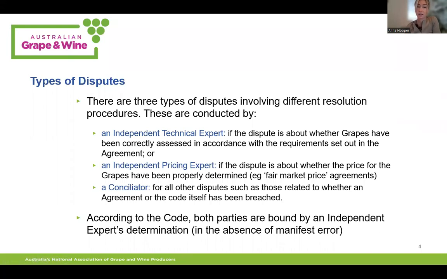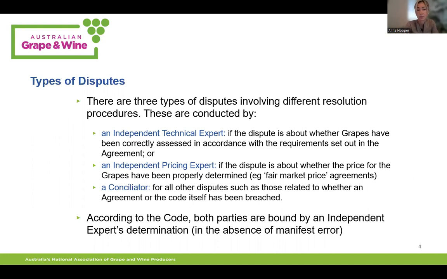So under the amended Code, there are now 3 types of disputes that have been categorised, and the Secretariat will help to direct the dispute down one of these 3 pathways based on information provided to the Secretariat by the complainant, i.e. the grower. So pricing disputes and quality assessment disputes are resolved by a process of independent determination, and this process has some similarities with arbitration in that the parties agree that the final decision is binding, and failure to comply with the determination actually amounts to a breach of the requirements of Code signatories.